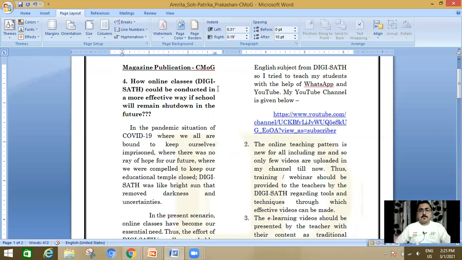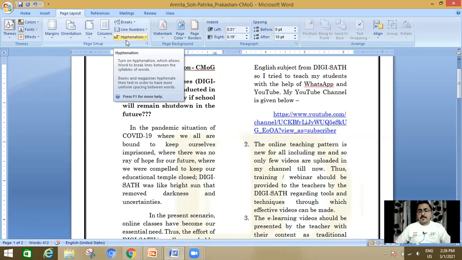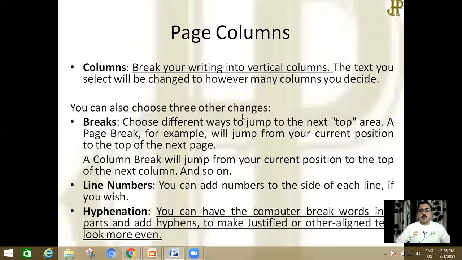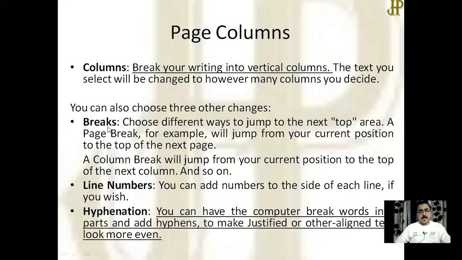Other than this, there are three more options available here: breaks, line numbers, hyphenation. So what is it? Break means, as I already told you when I discussed the insert tab, how to break your page into two. This option can also be done here in the page layout option.